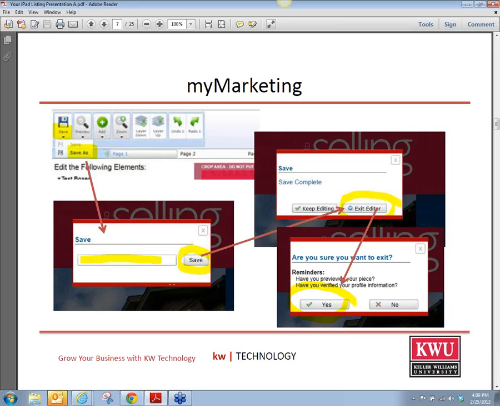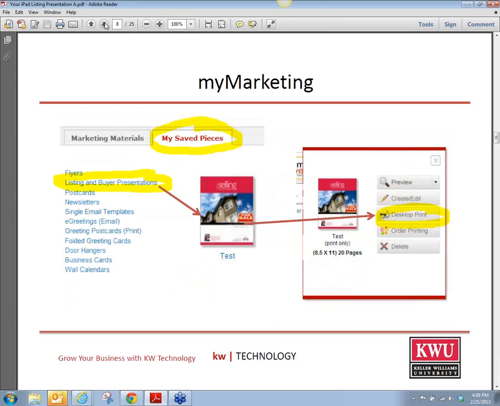You're going to save it and exit the editor, and you're going to save it as a PDF, because what we want to do is the documents that we're using for our iPad presentation are all PDF files. So you would save that,